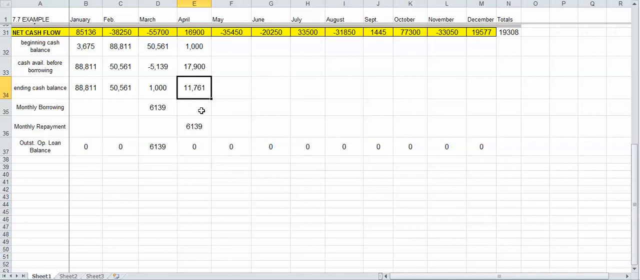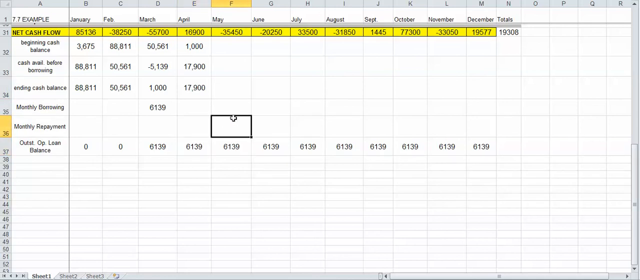You could pay off that loan if you wanted to, or reduce that loan debt if you want to, but you can see that in upcoming months we're going to need to borrow money again anyway. So let's just say we don't pay that loan off because we know we're going to need to borrow here anyway. We just won't need to borrow as much because we didn't